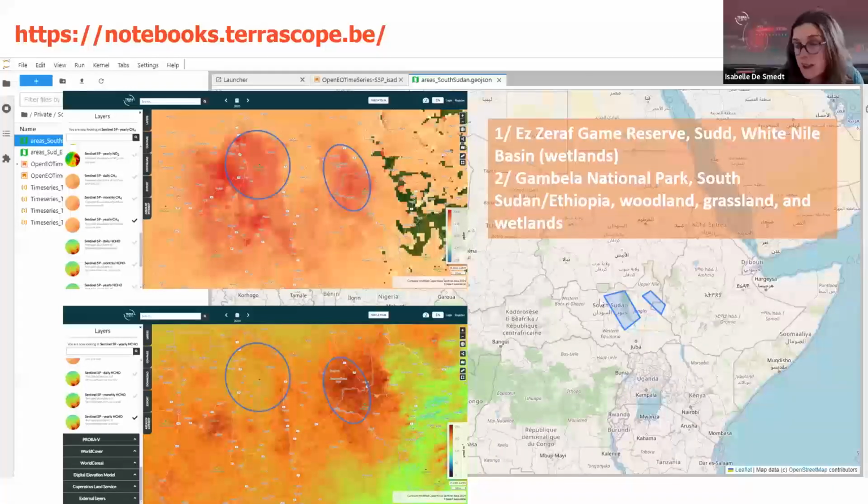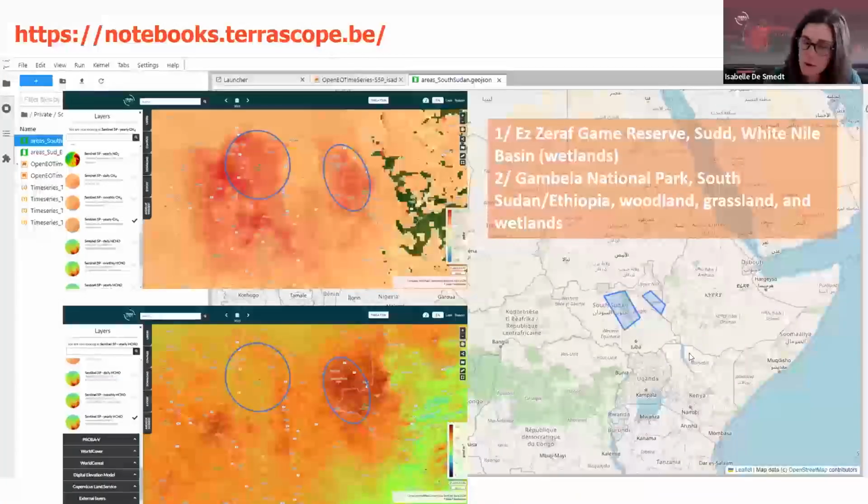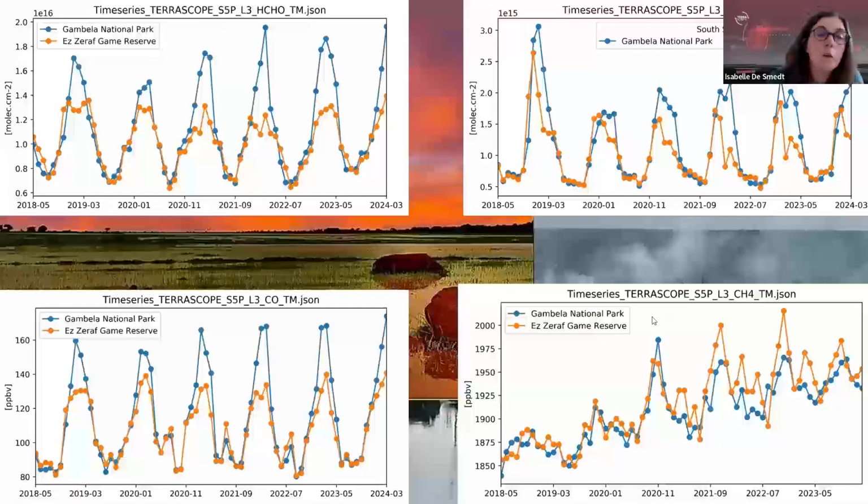This is more a national park with more forest and woodlands, but also wetlands. So I defined these two regions and plotted at the same time the formaldehyde and CO column, NO2 and